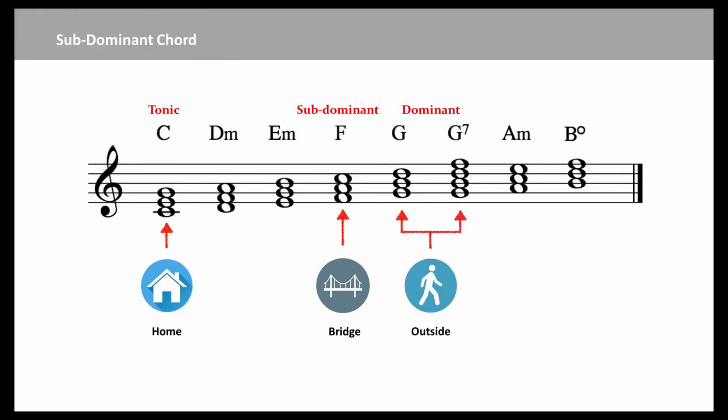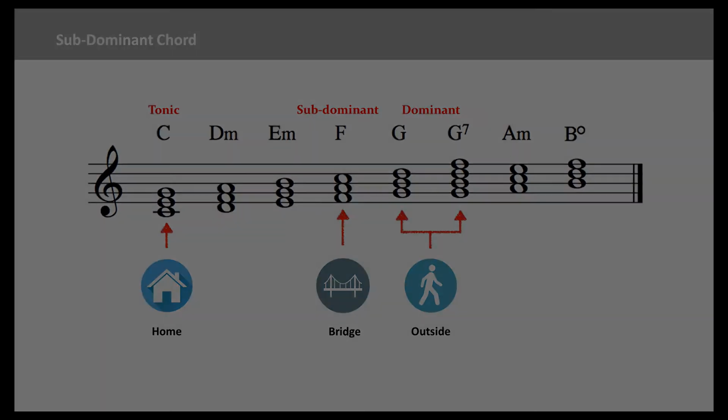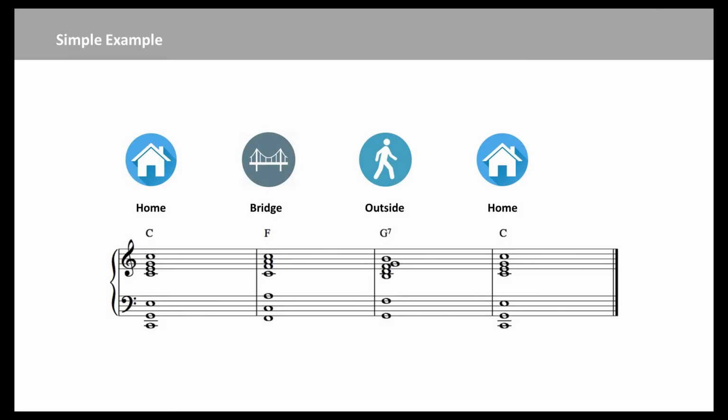If there are only 2 chords, it will still be boring when we just listen to the 2 chords for a long time. So we need to have an additional chord at the position of the 4th chord, which is the F chord in C major. This chord has a feeling of intermediation. It likes to take a step from the tonic chord. Then we can use it to connect to the dominant chord. We can call it bridge. Home, outside, and bridge are the most basic chords.